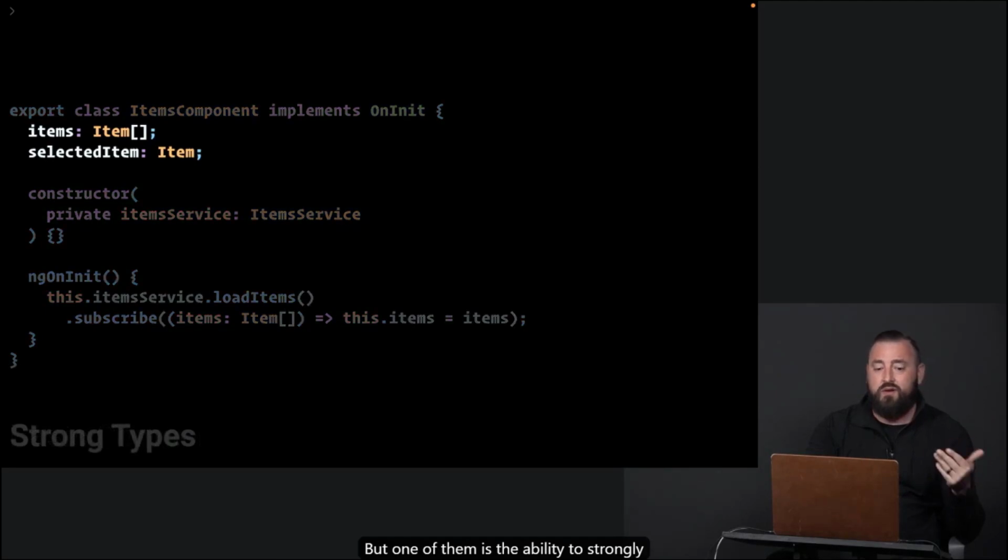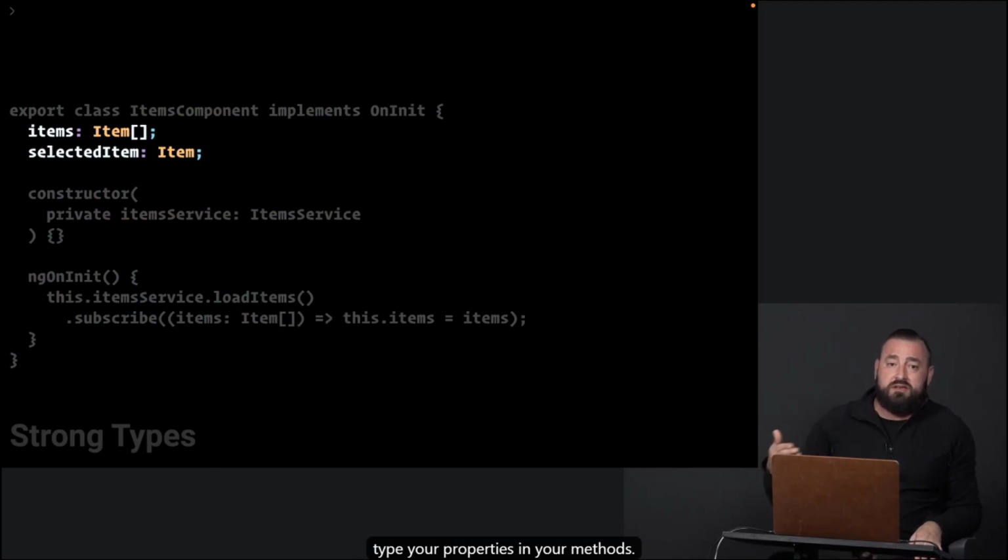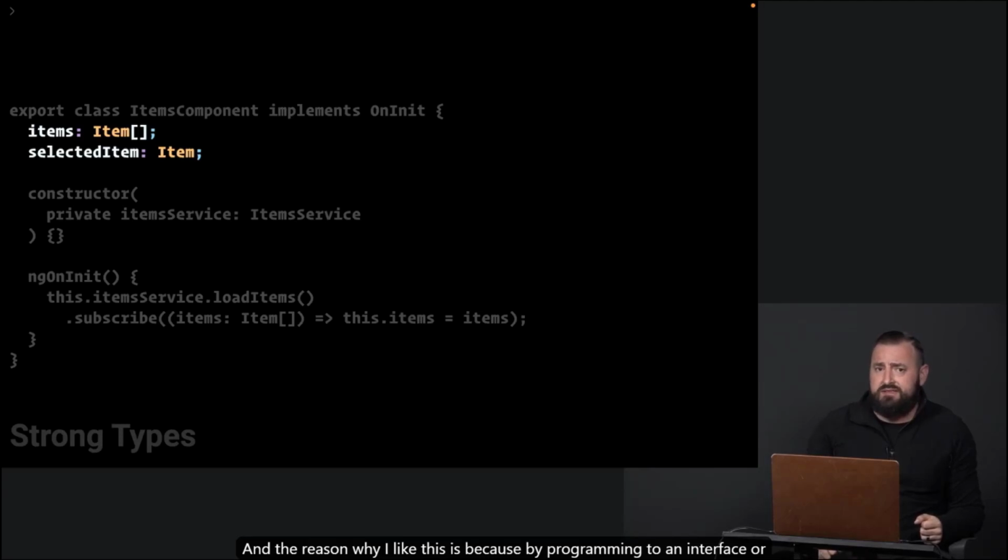But one of them is the ability to strongly type your properties and your methods. And the reason why I like this is because by programming to an interface or a type, you're able to communicate, ensure, and invalidate intent not only to other developers, but to your IDE and to your compiler.